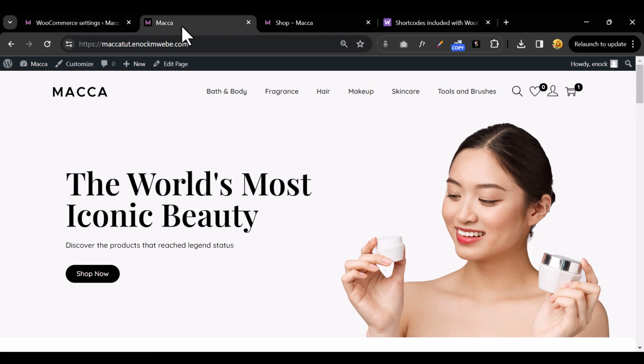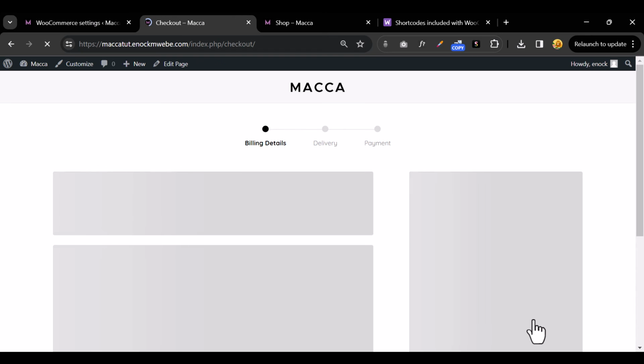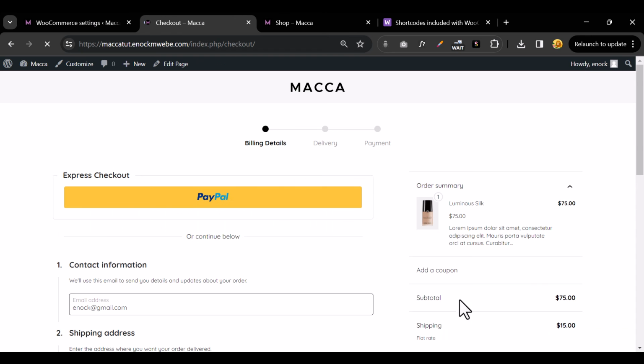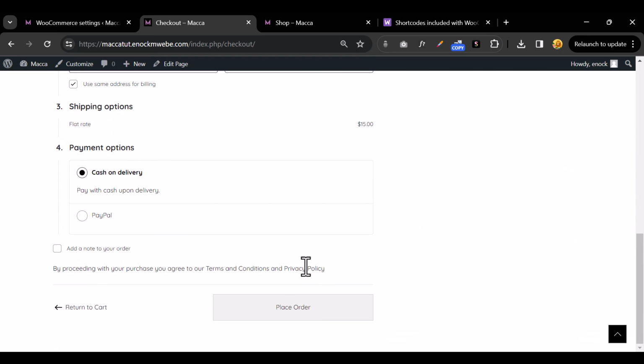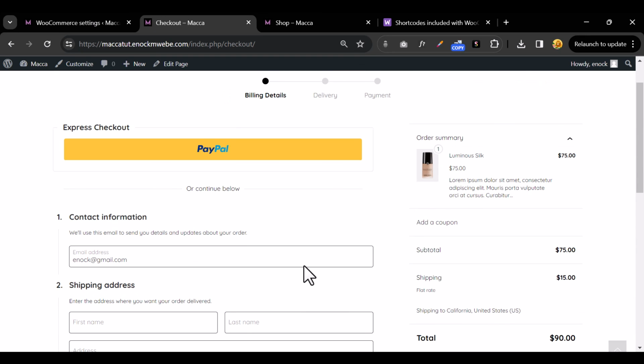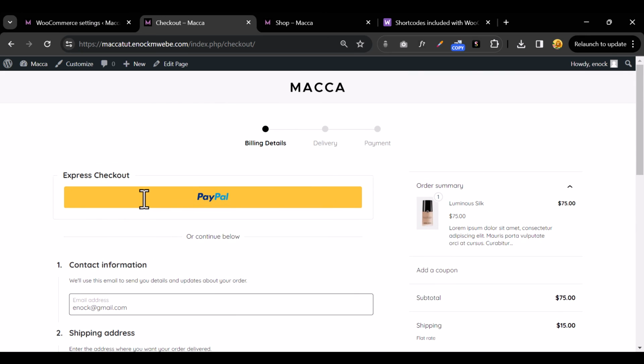So let's go back to checkout and take a look at if anything has changed. The reason why it's not allowing me to view this is because